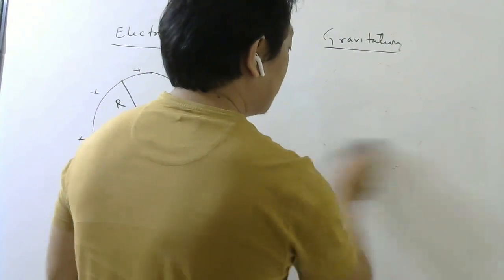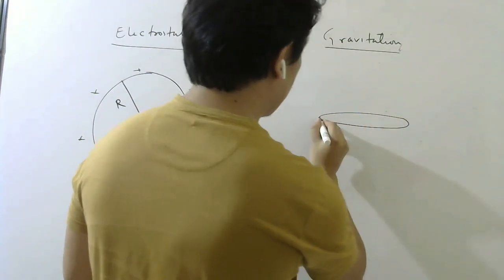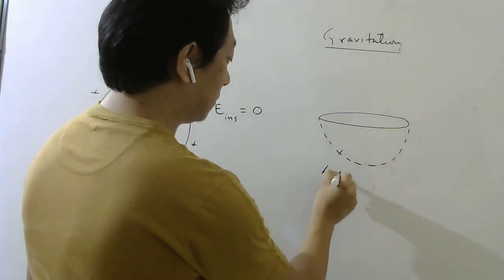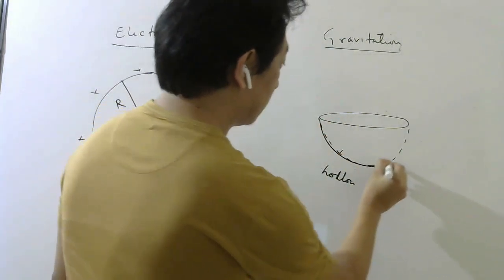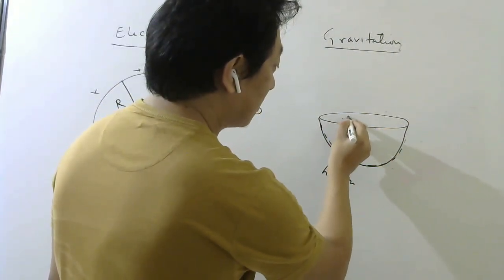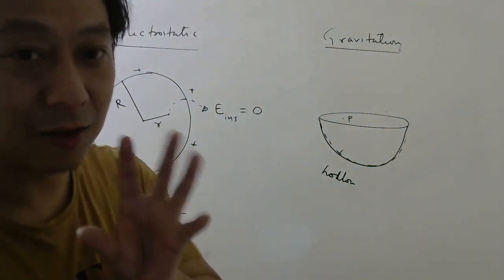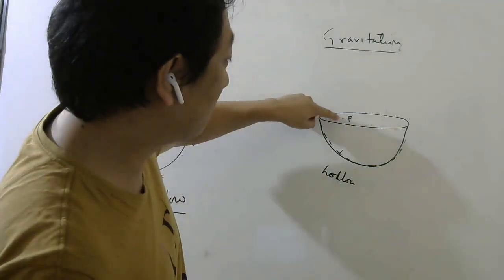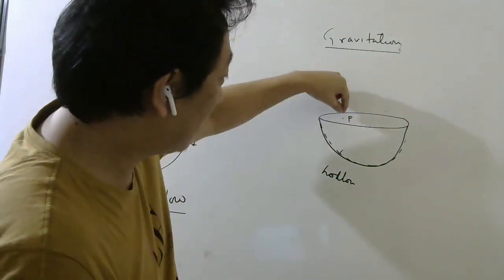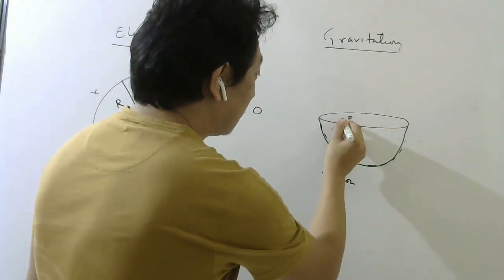But for the same question, if I ask about a hollow spherical shell, and instead of asking at the center, suppose I ask here, then in what direction will the gravitational field intensity be? Now look here, most students will think, okay, this point is nearer to this mass, so they feel this mass will attract. If you put a unit mass here, this mass will attract more, they feel. So they will feel the field should be this way.